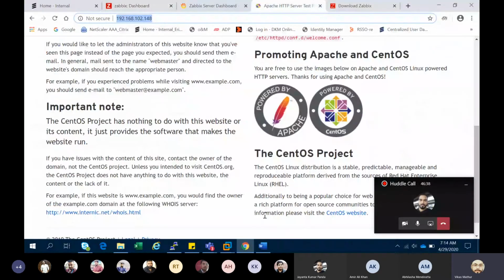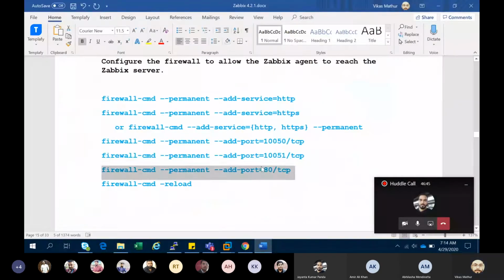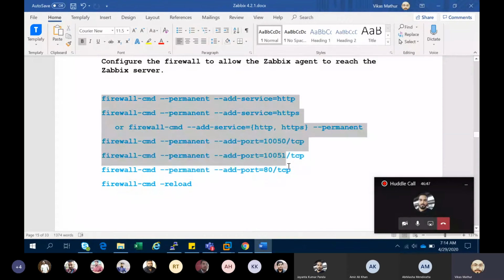If you're not allowing this service, your GUI will not appear. So after allowing, you need to do a final reload.